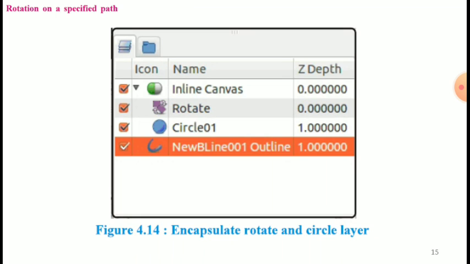Next step, as we need to rotate the circle, we have added a rotate layer above the circle layer. Now we will encapsulate the circle layer and rotate layer. To select both layers, click on the rotate layer in the layers panel, press shift and select the circle layer.